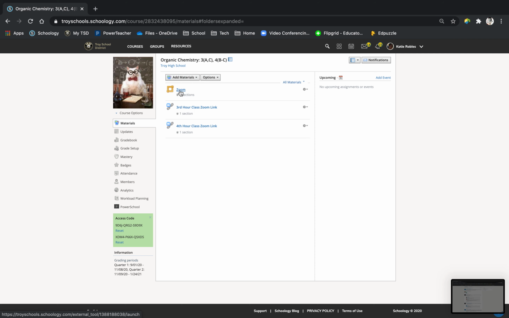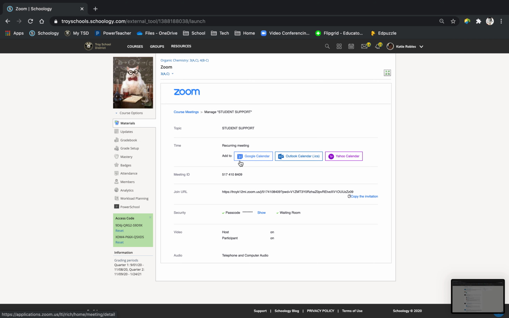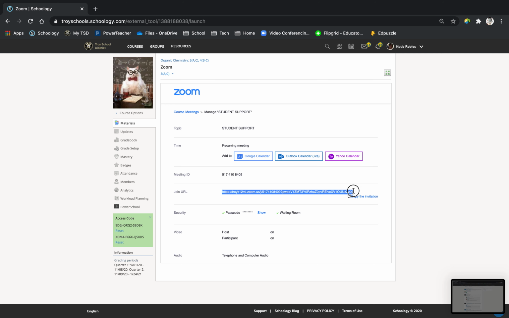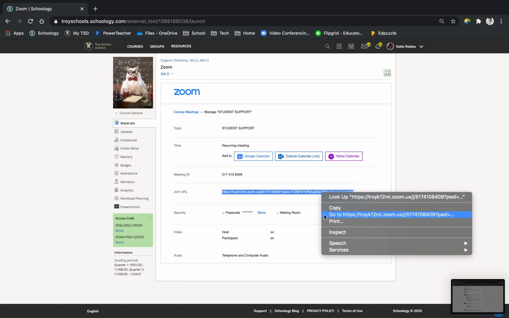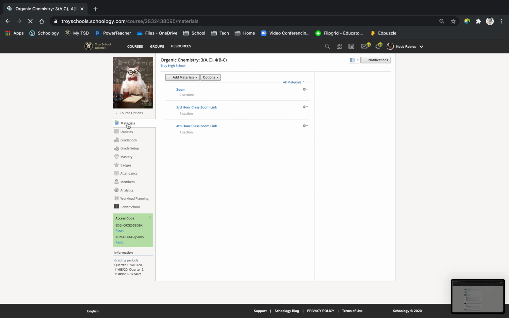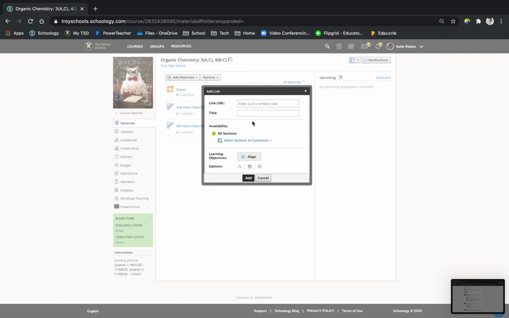The last thing is to get my student support Zoom set up. The student support Zoom is the same for both because we chose that option to use the personal meeting ID. So this link is exactly the same. So I can copy the link. Go back to materials, add a link. This one is called student